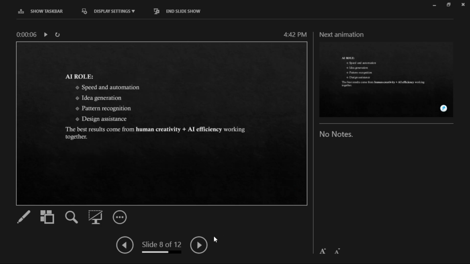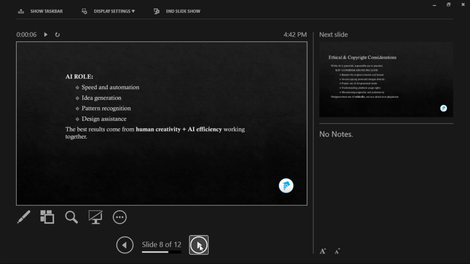AI role now. Its role is speed and automation, right? It's used to give you idea generation. You see some of those icons we just used in the past. Let's say you want to use maybe a church flyer that has to do with a king, stuff like that. You can just generate some PNG. It's also useful for pattern recognition and design assistance. So we say the best result comes from human creativity plus AI efficiency working together. Now the next thing,